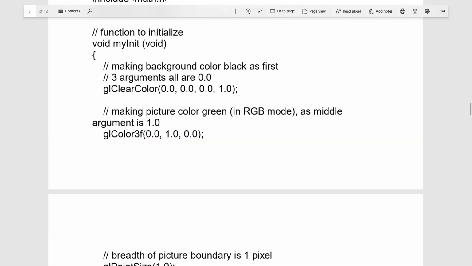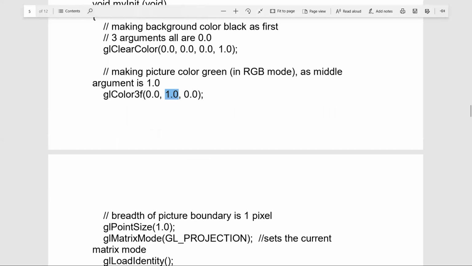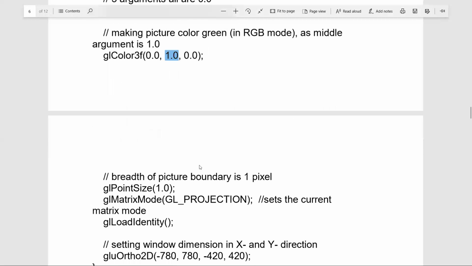So if it is integer, then it will be i. So this glColor3f function is now using 3 parameters. First for R, G and B. The middle one is G, and it is set to 1. So it says that now the picture color is green. Making the picture color green using the glColor function with the G value set as 1.